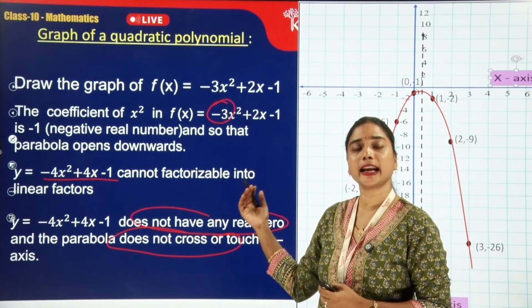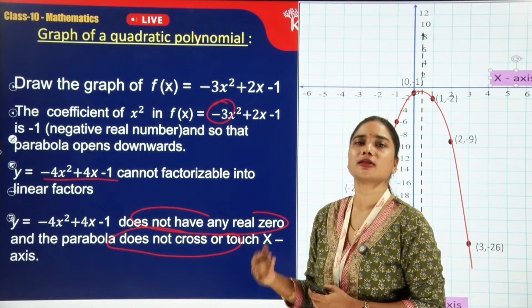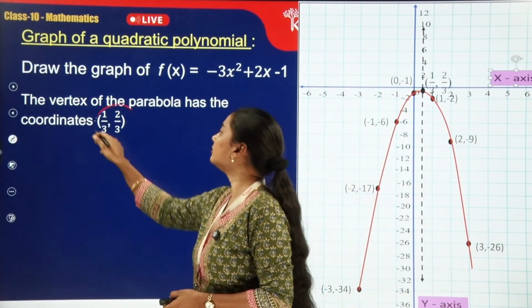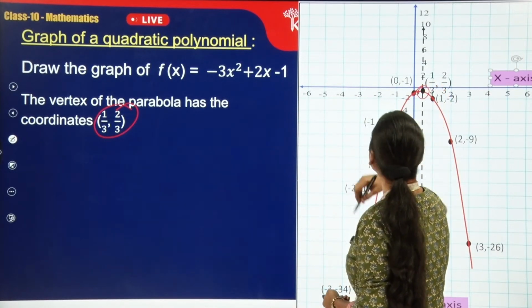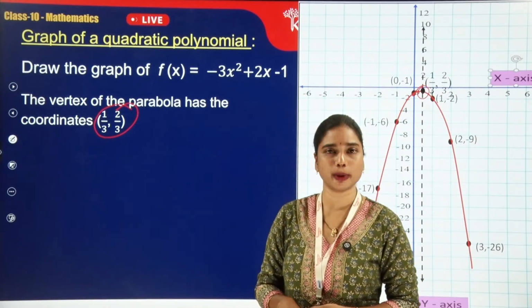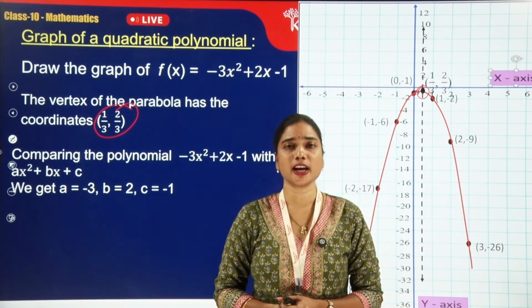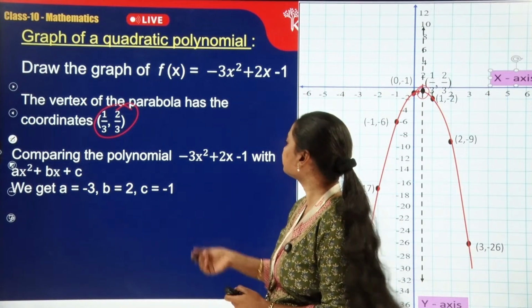It doesn't contain any real zero. The vertex of the parabola is at this point, that is (1/3, 2/3). So to find why the parabola is not touching or crossing the x-axis,